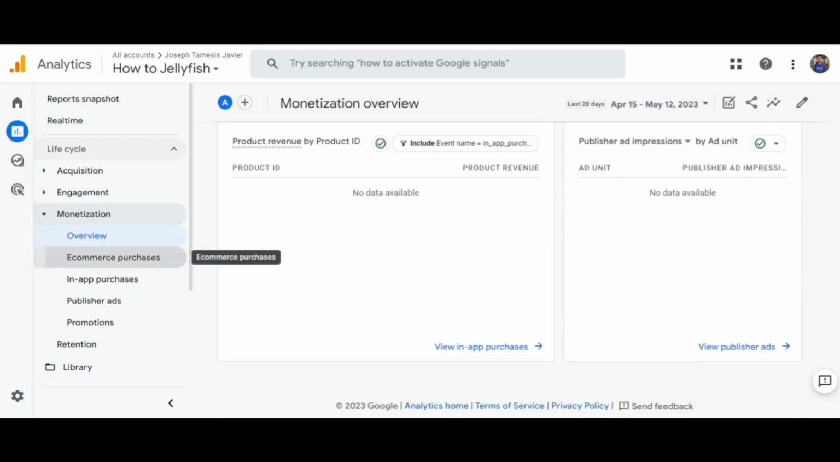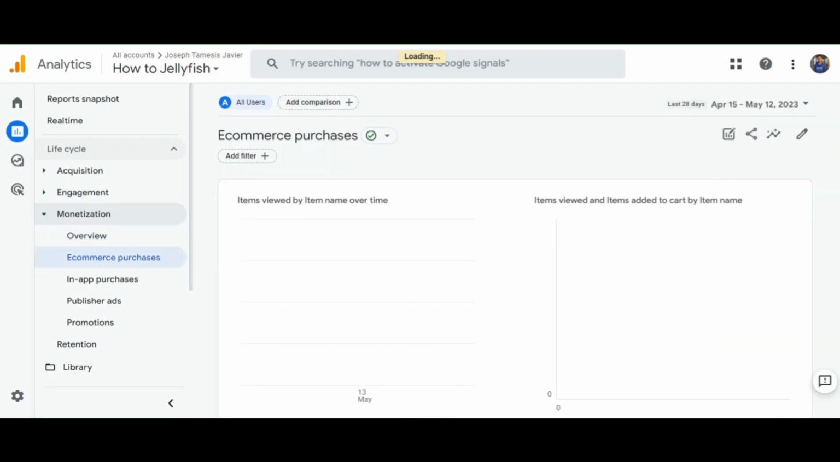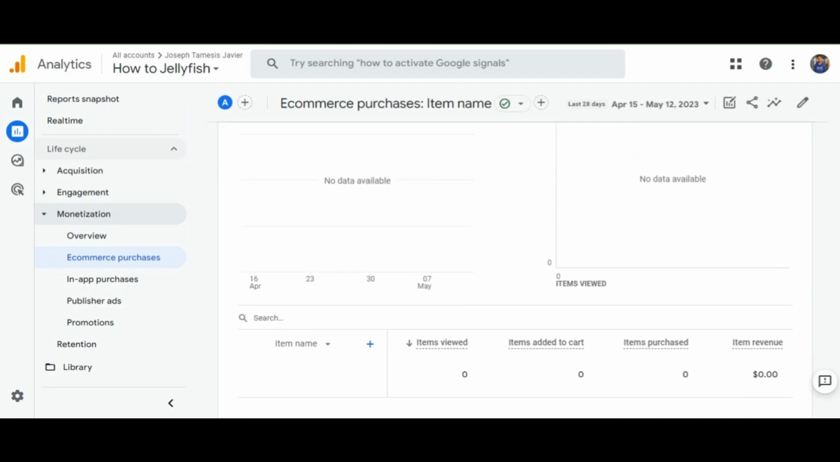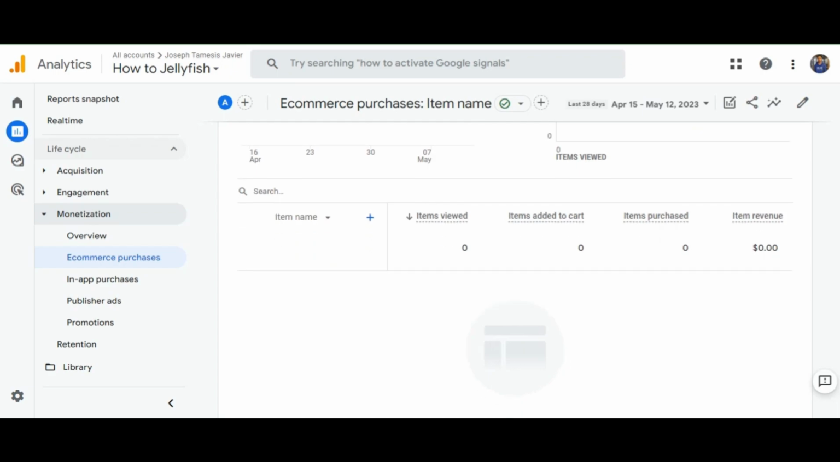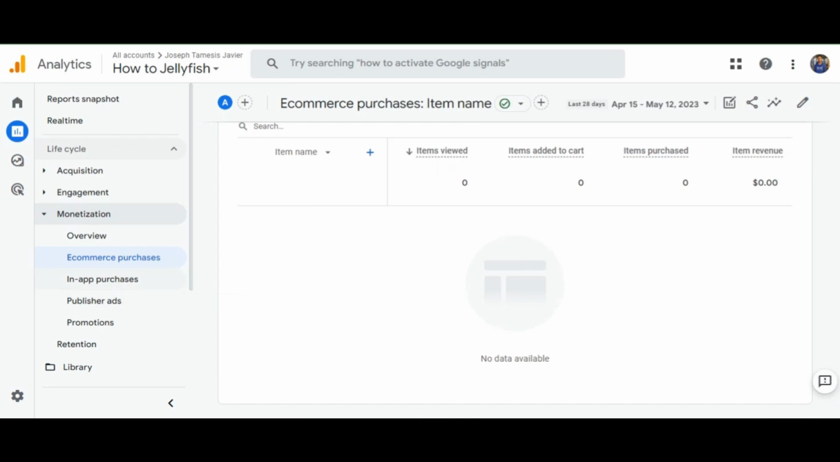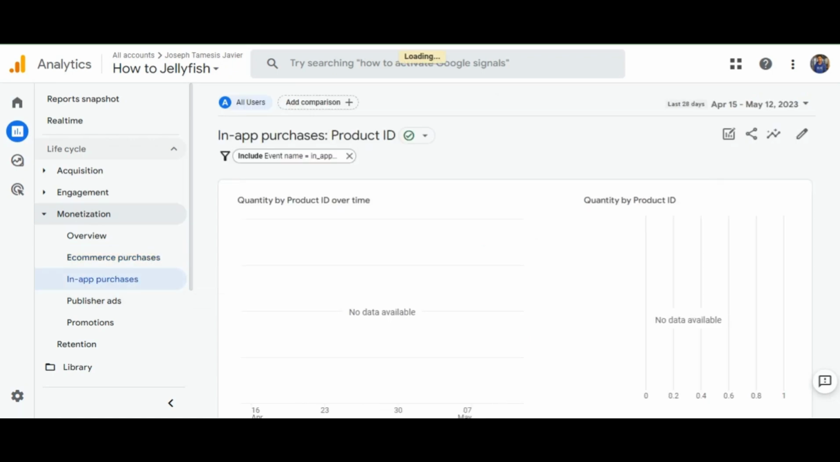Next, in the e-commerce purchases, we can see the items viewed by item name over time, items viewed and items added to cart by item name, then the report for the items viewed, items added to cart, items purchased, and item revenue. Next, for the in-app purchases, we can see the quantity by product ID over time, quantity by product ID,